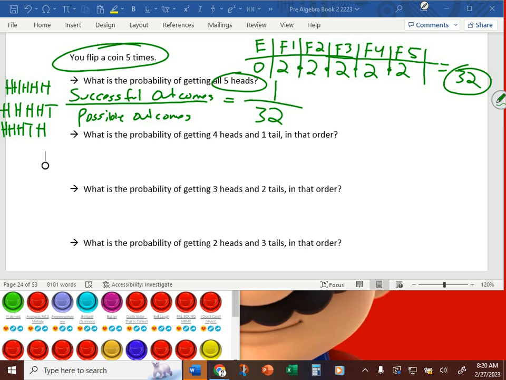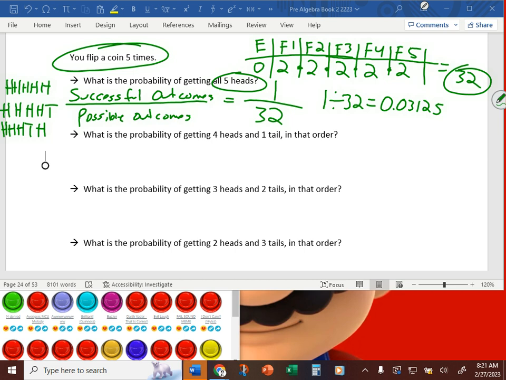What is that as a percentage? Here's your fraction, 1 over 32. What is that as a percentage? Anthony? And what's the actual decimal that you come up with? It's 0.03125. 1 divided by 32 is 0.03125. Here's an example where the decimal doesn't work out perfectly, so we round it